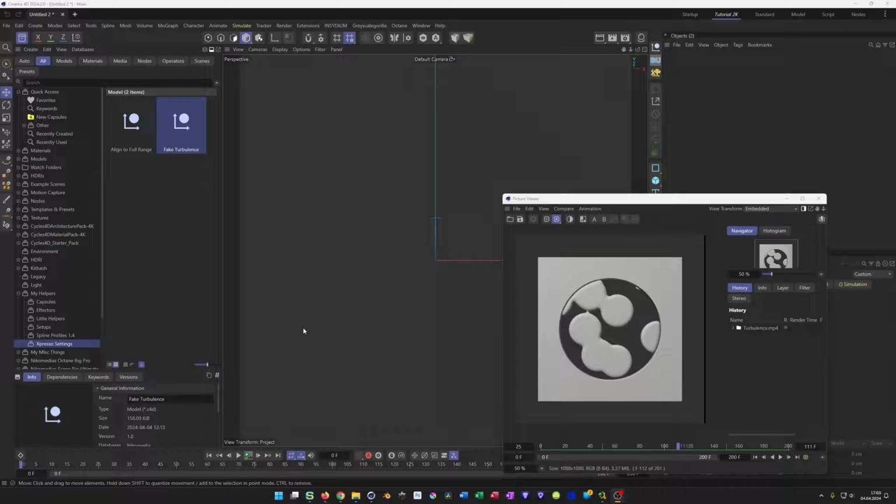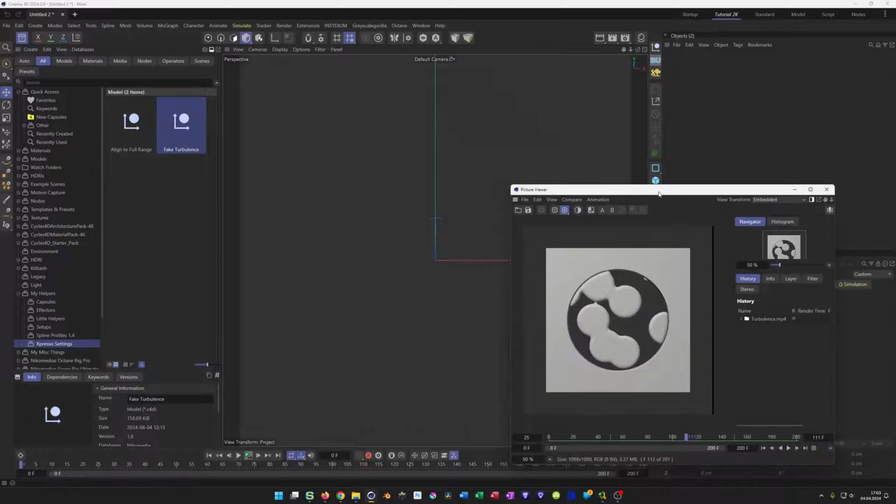It's something I needed. I needed something like a turbulence for my latest job. I did something like this. This is a very simple version of it. And what was very important here is that it loops. This has to loop. And I thought, maybe it would be nice to have a cloner with some turbulence in the